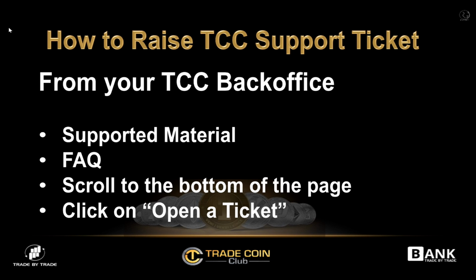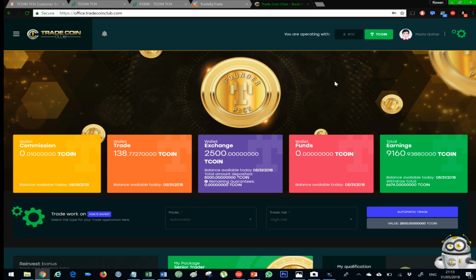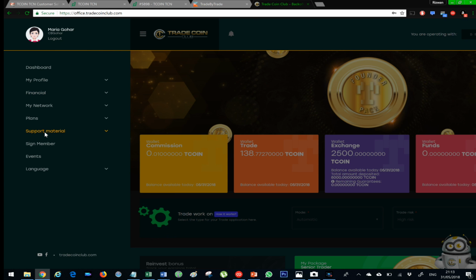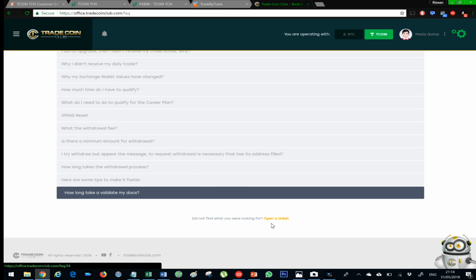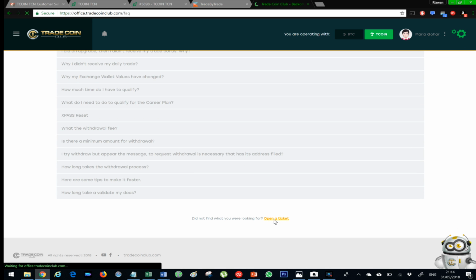Now it's straightforward, but just for your clarification, I will do it myself so you will be able to see how it's done. Okay, as you can see here, I am in one of my IDs, so I logged in. So you go to menu, support material, FAQ. When you click on it, the system will open all the frequently asked questions. Now you need to scroll down to the bottom of the page. You will see here open a ticket. If you click on it,